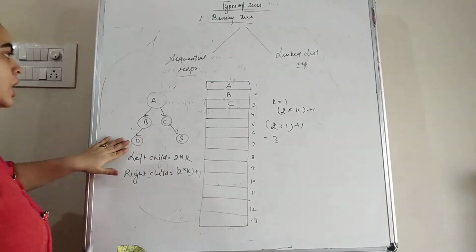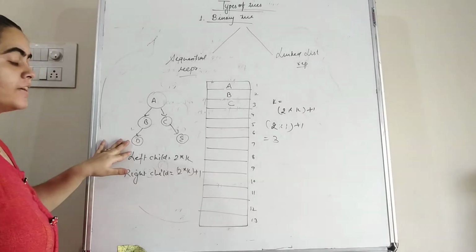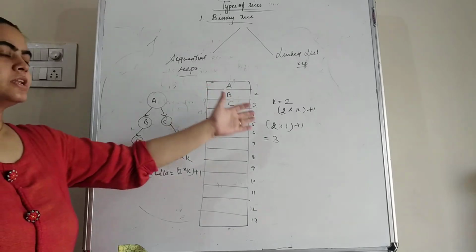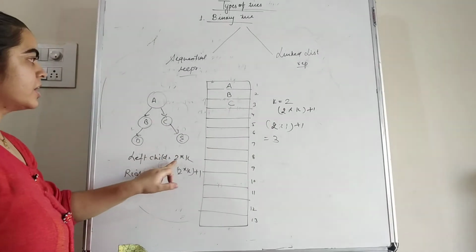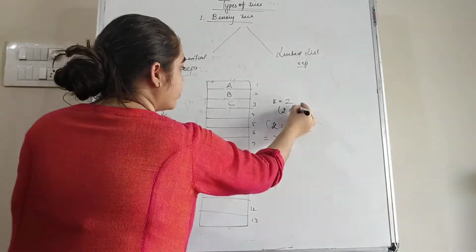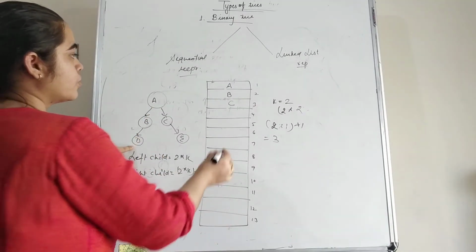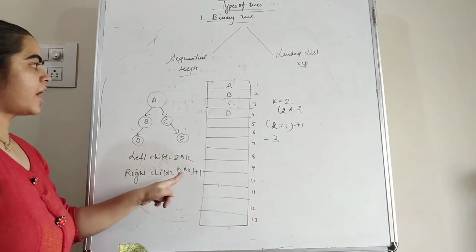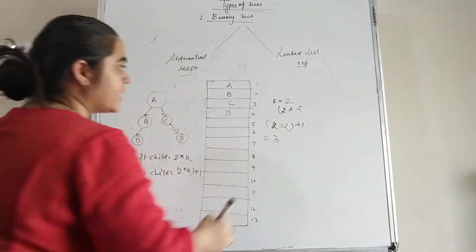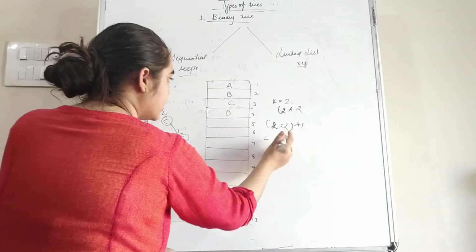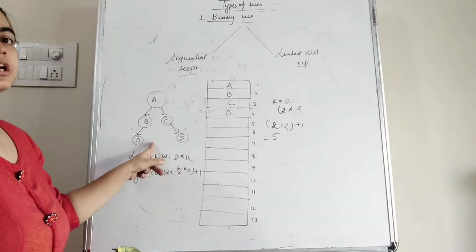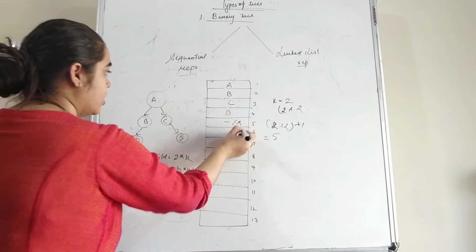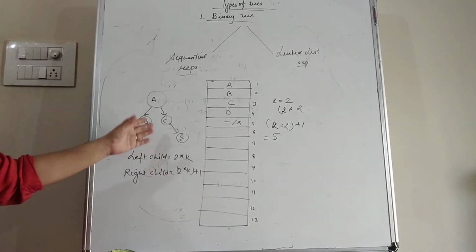In the next level, again in order to add the left and right child, we set the value of k equal to 2, that is, the value is incremented by 1. Now for the left side, again 2 into 2. So 2 into 2 is 4. That means at the fourth memory location we have to add D. Now in order to add the right child, we put it in the formula, that is 2 into 2 plus 1. So the result is 5. But at the fifth memory location there is no element. So either we can represent it with a dash or we can write a cross. That means there is no right child here.